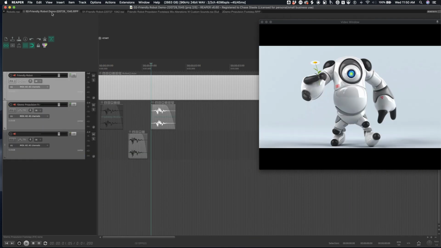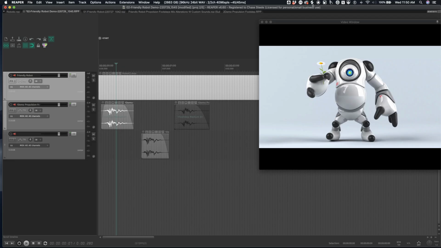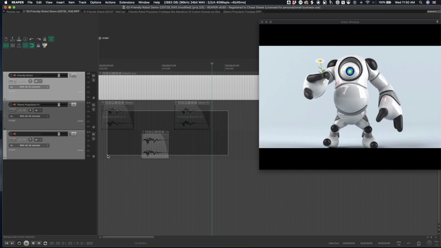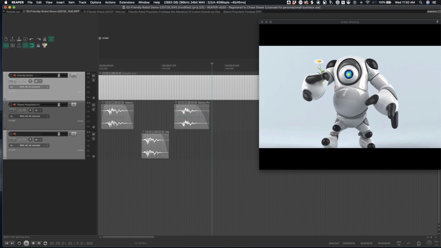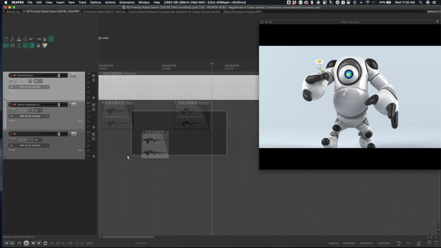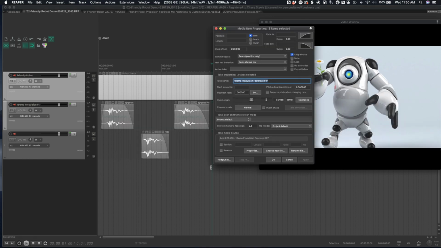All right, and now you're probably thinking, okay, well, if we're going to use that version instead, we don't want to have to go back in here and totally redo all these edits and do this whole thing that I just showed you all over again. But what you can do is select your media items, and go into the information, and we could say choose new file.